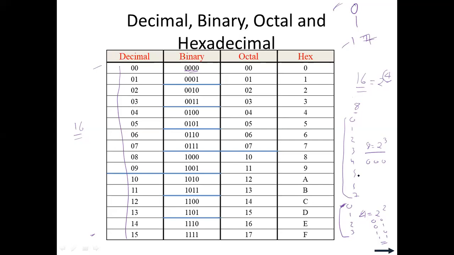ओके, तो कितनी बिट का यूज करना पड़ेगा? अप टू 0 to 15 वी कैन यूज 4 बिट. ओके, 15 के बाद जैसे ही 0 to 31 वाली रेंज में हम जाते हैं, उसके लिए हमें 5 बिट का यूज करना पड़ेगा, बिकॉज 32 इज इक्विवेलेंट टू 2 raised to power 5. ठीक है, तो अब जैसे ही वो रेंज क्रॉस कर गया, तो अब आपको 5 बिट यूज करना है. ठीक है, इस बात का ध्यान रखना. तो यहाँ पे मैक्सिमम टोटल 16 डिफरेंट डेसिमल नंबर्स आर देयर, so we have to use 4 binary bits to